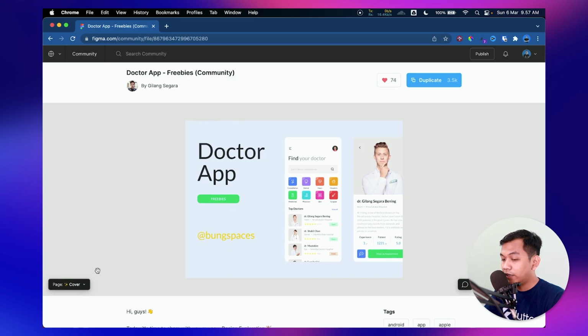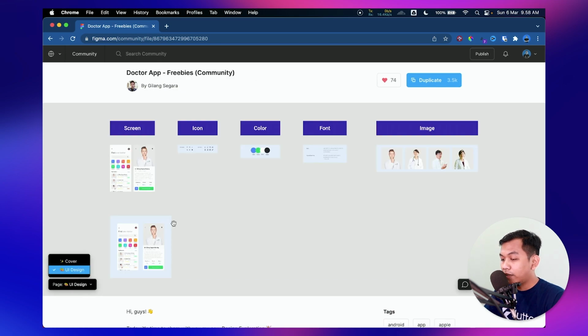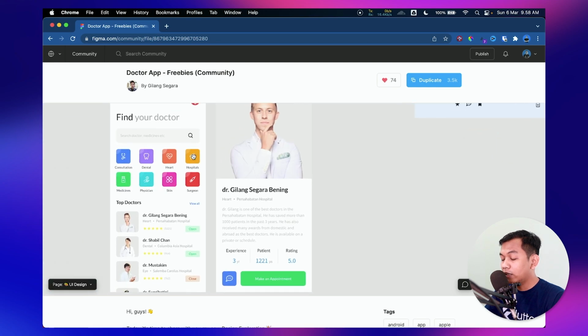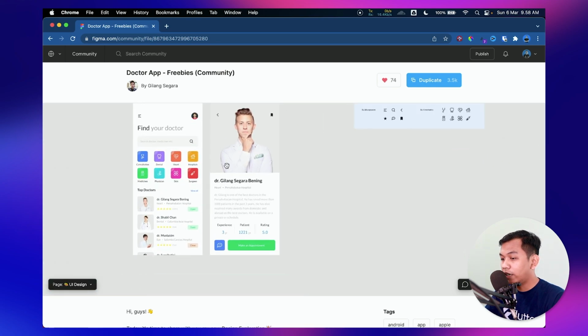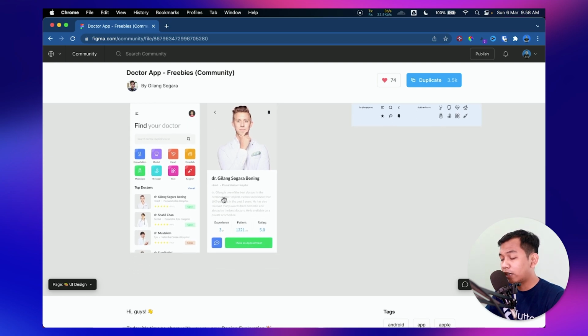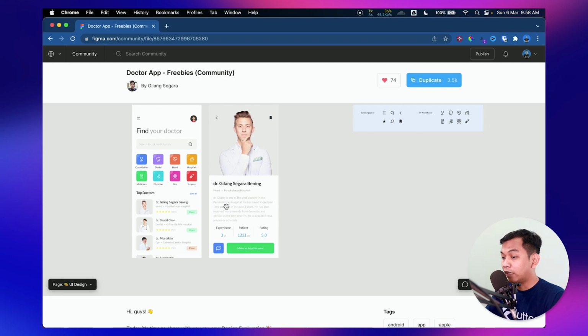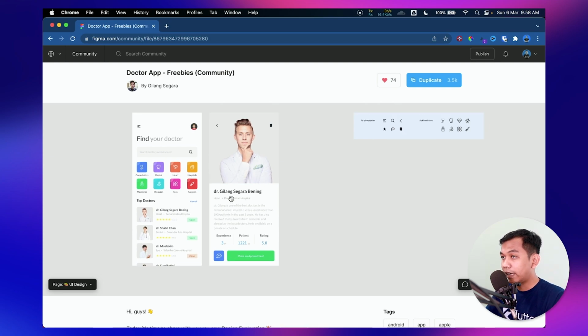And as we can see, this is the cover, and from the cover we can see there are only two screens, which is this home screen using something like a grid view on Flutter, and below that as usual we have a list of top doctors. We can use a list view, whether list view builder or other. And the next screen is the doctor detail. I name it doctor detail, and it just contains a doctor picture and then doctor name and short description and then button and so on.